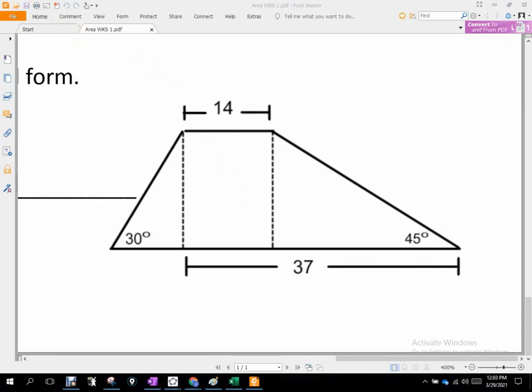So what we're going to do is try to navigate through this to figure out area equals 1/2 h (b1 plus b2). Now, you have one of those bases. You have base 1 maybe being 14, right? I don't know what base 2 is. Base 2 is at least 37 units long. Would you guys agree with that? We've got that a little bit in that 30, 60, 90 triangle that we don't know. Okay? So,